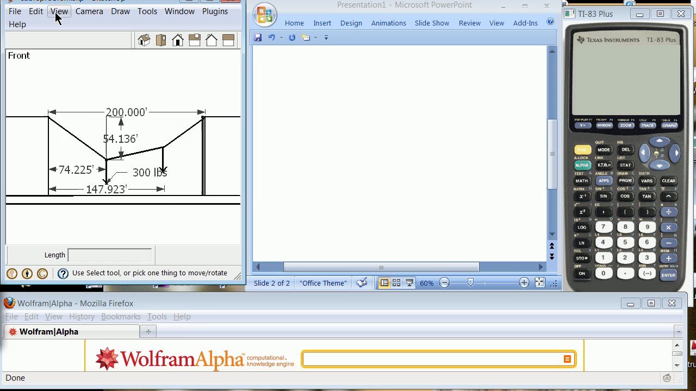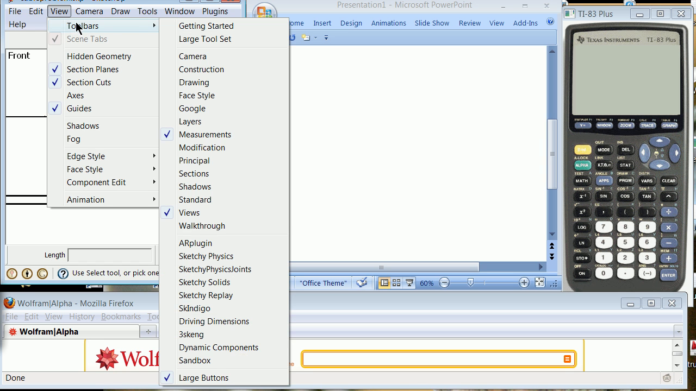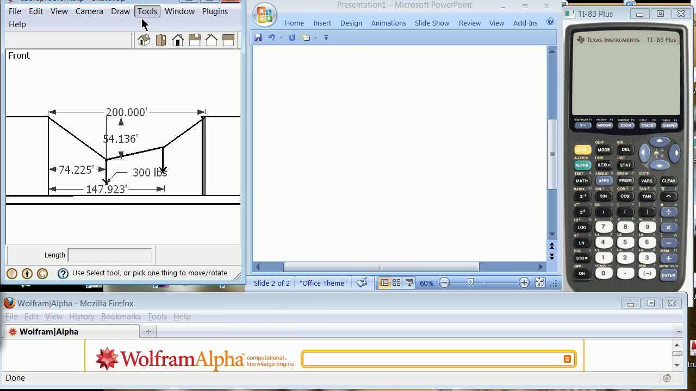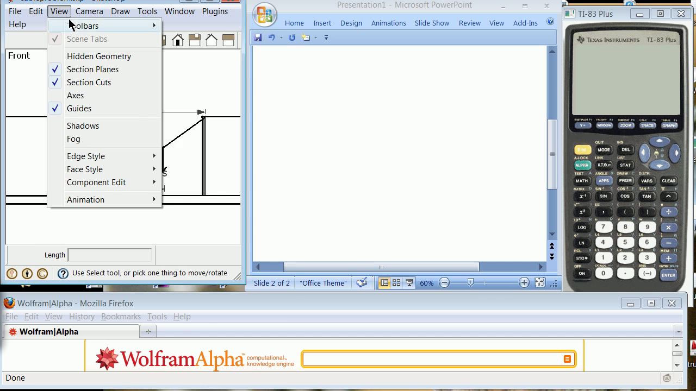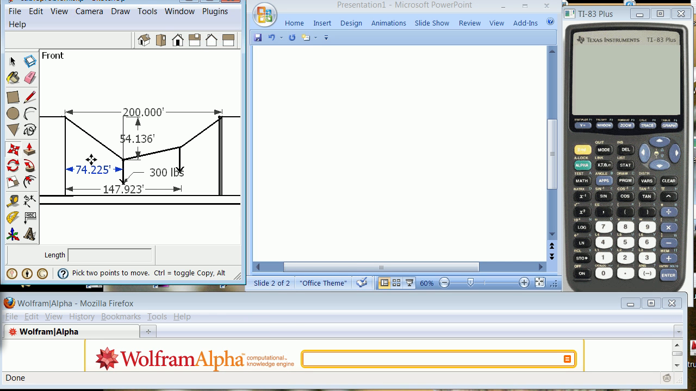And if I go here to view, toolbars, large tool set, which you will not see, I can go ahead and put a piece of text down there, up to there, so we see that that is 100 pounds. Now, how can I just do that? Well,